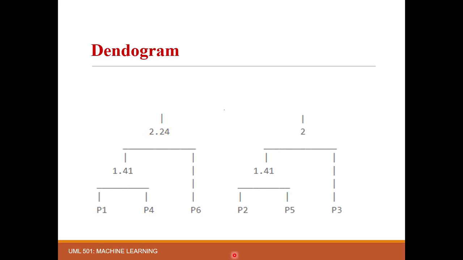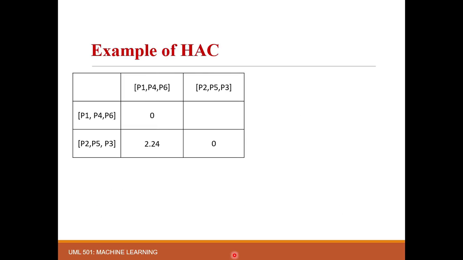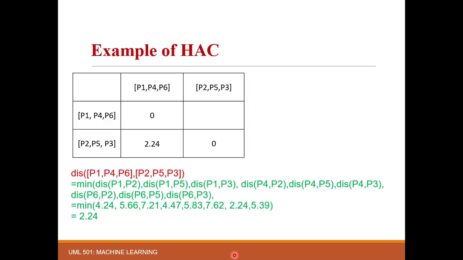Now we have just merged a cluster. Now again compute the distance matrix. Here the points are this one. Again select the minimum value from this new matrix except the diagonal ones. Here the minimum is 2.24. So what we have to do is merge all the clusters into a single cluster, because we are not left with a cluster with a single element. So here all are merged into a single cluster.